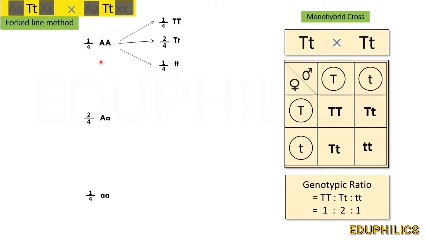This means if a progeny inherits capital A in its genotype, it may have a combination with capital T capital T, or these two. We are writing the possible genotypes here. The same combinations may also go with capital A small a. Now the combinations with small a small a.